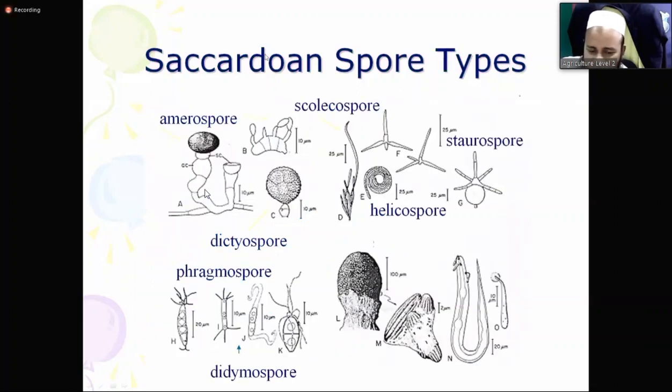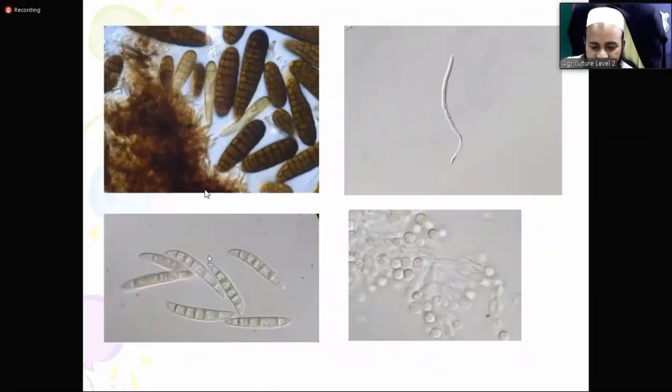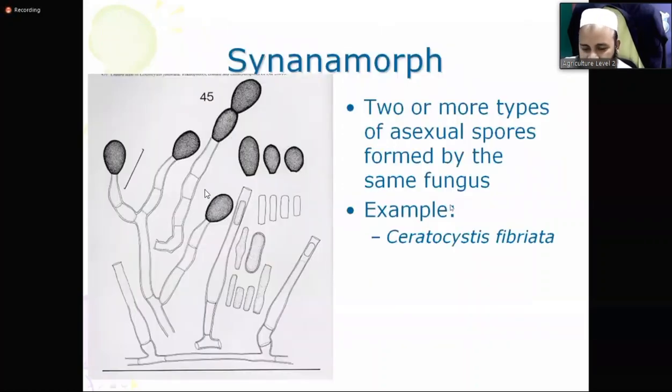So there are different types of fungal spores. This is a very interesting area to learn, a very big area. You can see different types of live spores, not drawings. You will see this type of spore in the microscope, because in plant pathology you have to see all the fungi, bacteria, and so on.